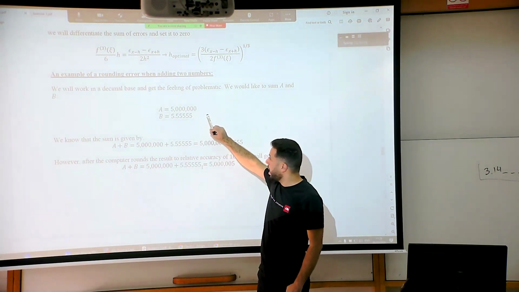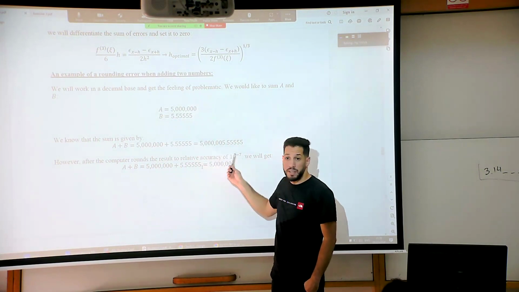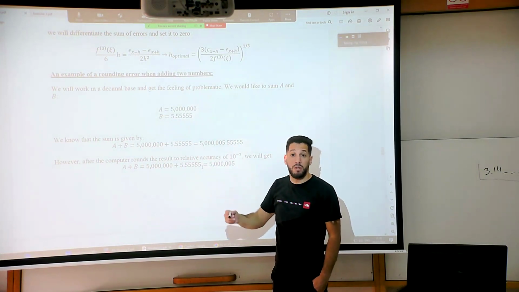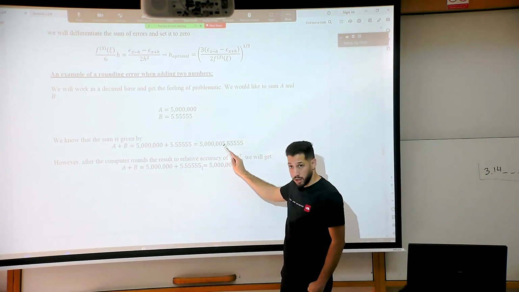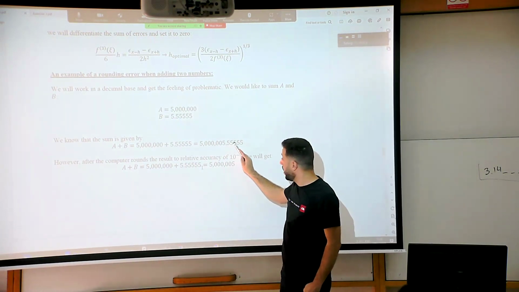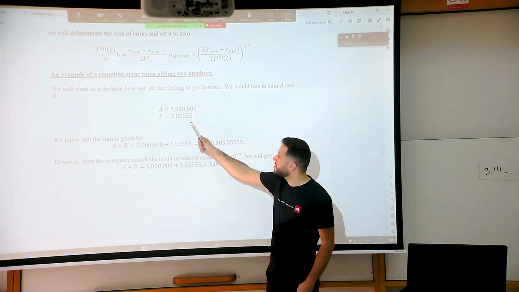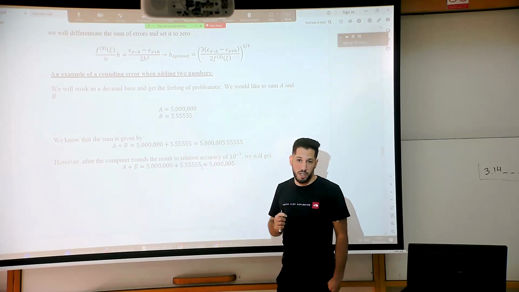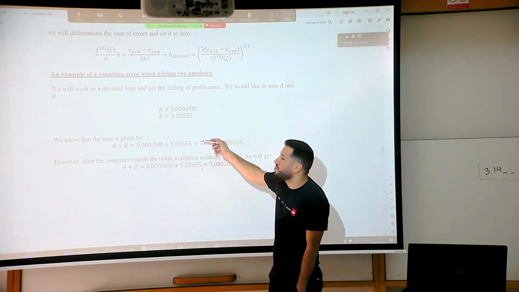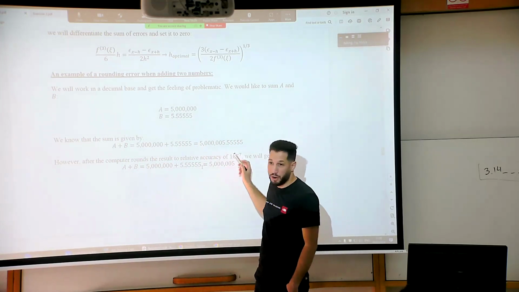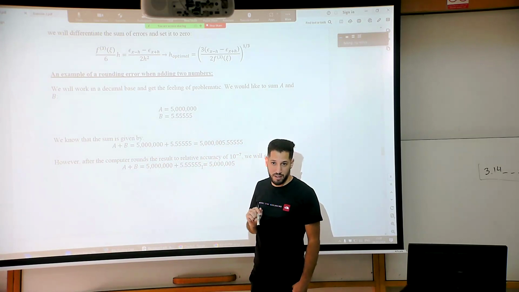But when we add them, we get this. This number will be stored up to 10 to the minus 7 of it, so up to here. Okay? And then we lose this information. But this information is 10 to the minus 7 from the original small number. Okay? It is 10 to the minus 7 from this number. But from this number, it is 10% from the smaller